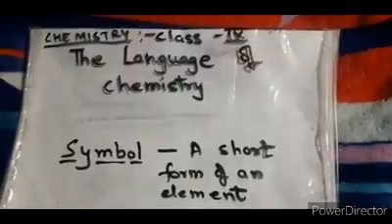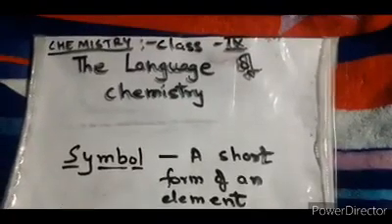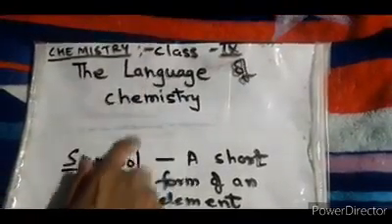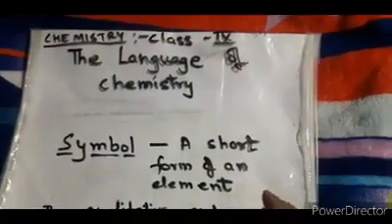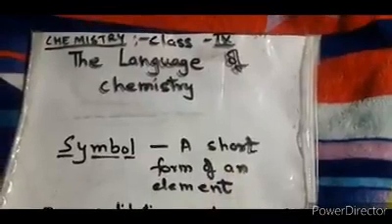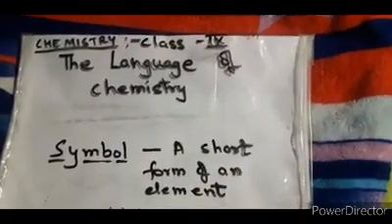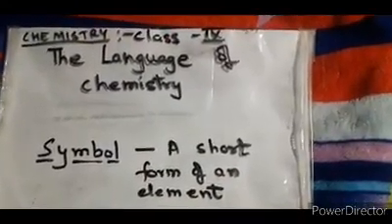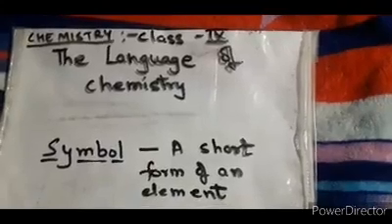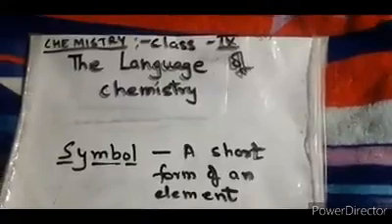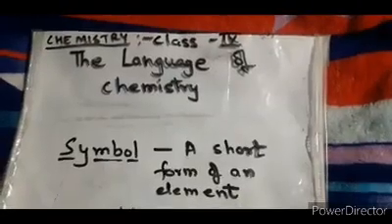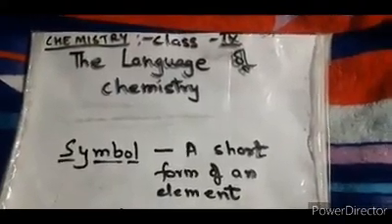In class 9C, we'll study this chapter, the language of chemistry, and in this we'll study about symbols, the first topic, and you know it very well from your previous classes. Its definition is short form of an element. But if you focus on its background, you understand that earlier different scientists came and they gave very different ways of representing symbols, in a pictorial form or certain molecular representation or figurative symbols.